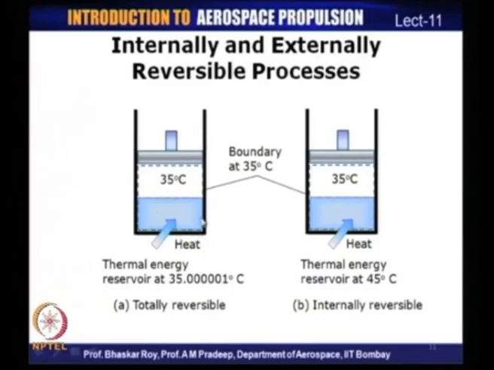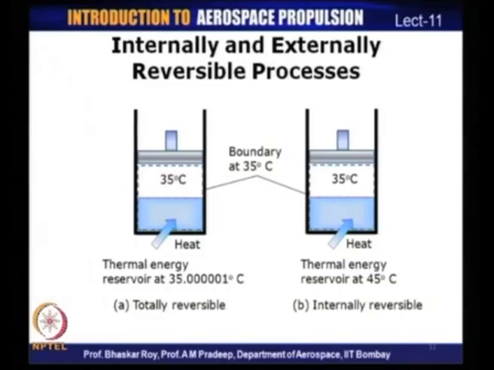So, in this case, there are no irreversibilities occurring within the system boundaries, because it is a constant pressure process, which means that it is in mechanical equilibrium. It is also at constant temperature, and so it is in phase equilibrium. The mass of both the phases eventually are the same, and there are no chemical reactions occurring. So, this is basically a system in thermodynamic equilibrium. There are no irreversibilities within the system, and there are also no irreversibilities outside the system. Therefore, this is a process which is both an internally reversible as well as an externally reversible process, and therefore, this is a totally reversible process.